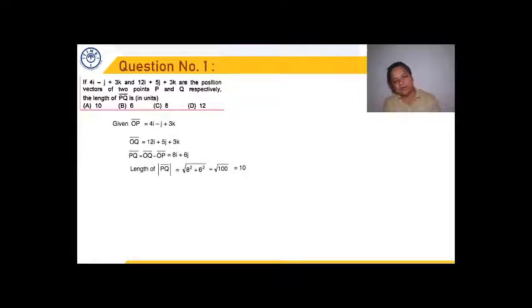So we are able to find the length of the PQ, that comes out to be 10 units. And if we look at the choices, we had our option as choice A as the answer. So our answer comes out to be choice A. So we simply find vector PQ using position vectors and then find the length of PQ.